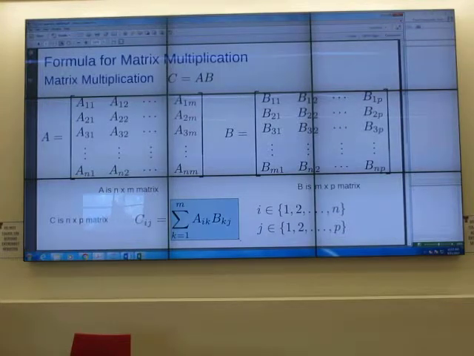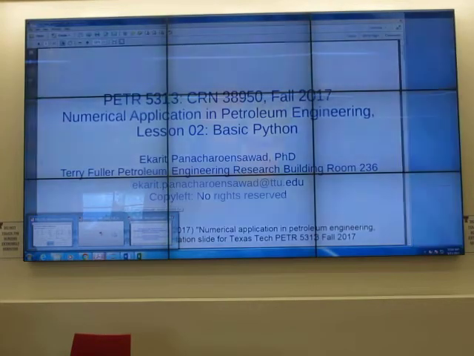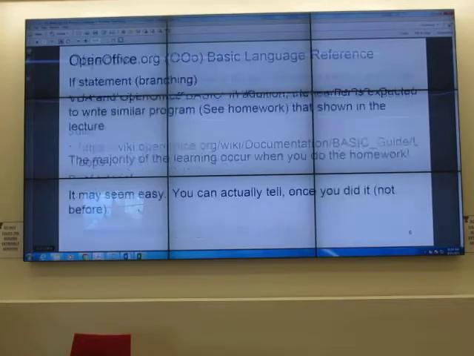If we don't put this formula inside the for loop, we just get one value of C. But we have N by P number of C. So we have to put it in the for loop. And in the for loop, typically we do the row index first and the column index later. So when we put them together,